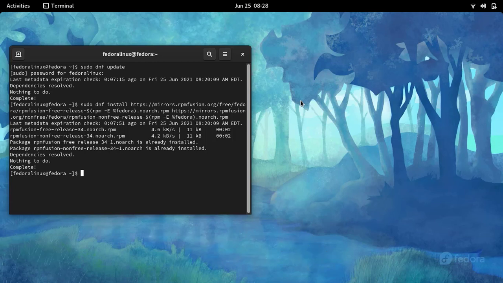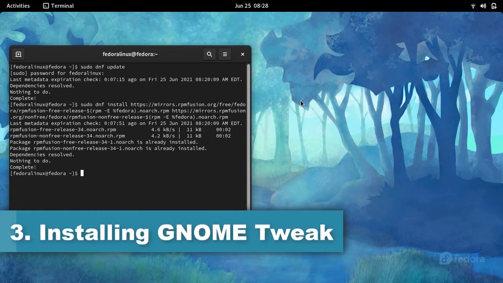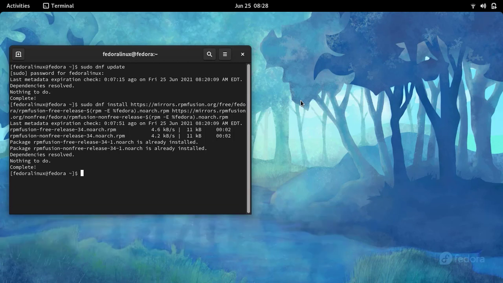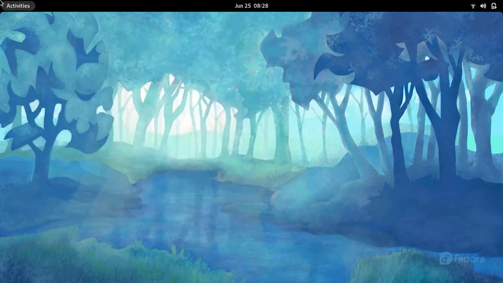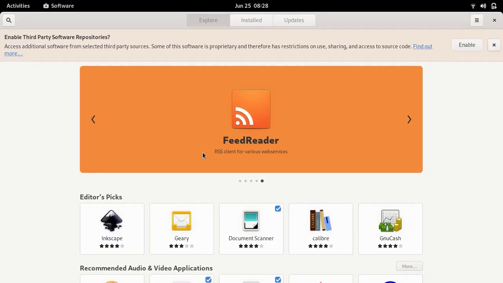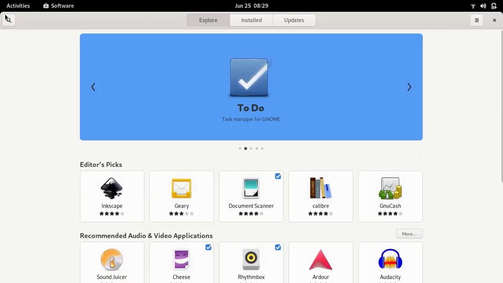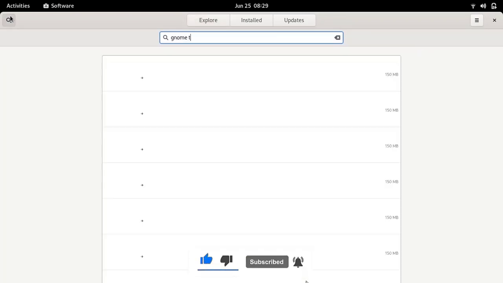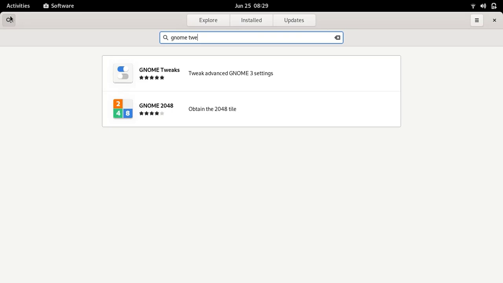As Fedora comes with the GNOME 40 desktop environment, and we already know that GNOME 40 does not offer many customization options, as a solution we have to install the GNOME Tweak tool to add extra desktop customization and other window behaviors. For this, go to the software center and then search for GNOME Tweak tools. There we have GNOME Tweak.